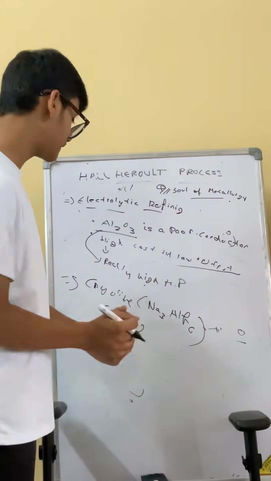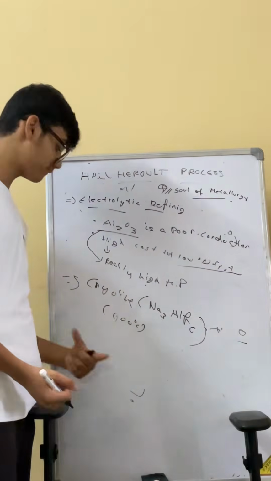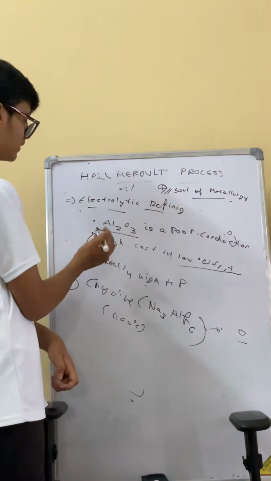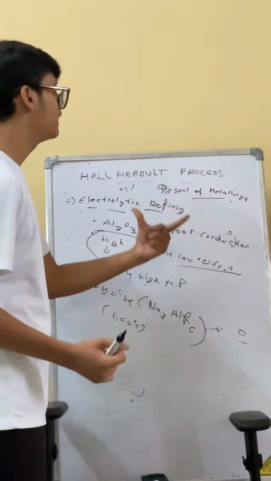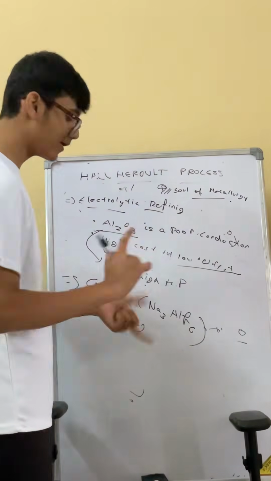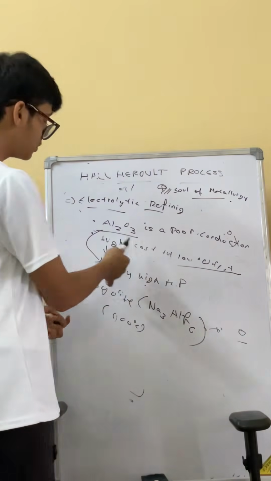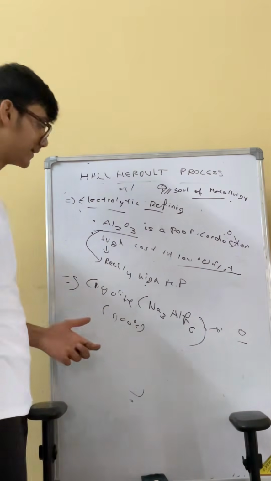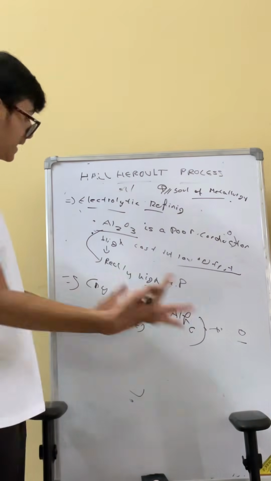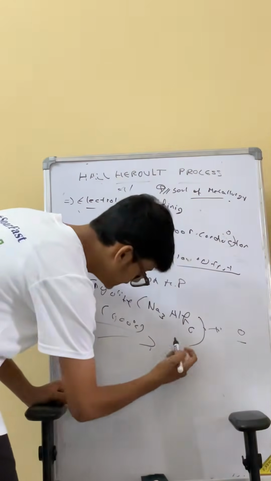This is the most important point of this whole process: the discovery of cryolite, Na3AlF6. What did it do? It improved the conductivity of alumina and solved the high cost, low output problem, which meant it required really high temperatures to melt alumina and then perform electrolytic refining. It solved that problem because it brought down the melting point significantly, which made industries'